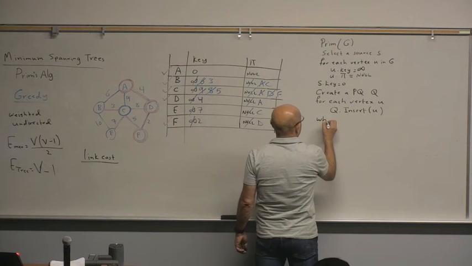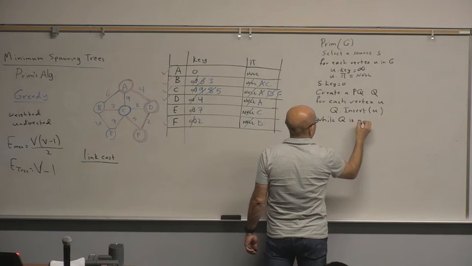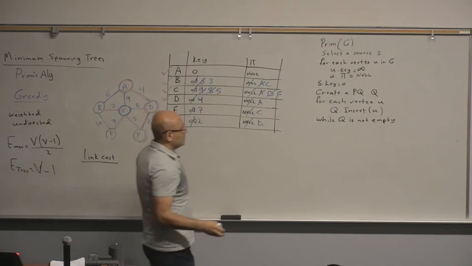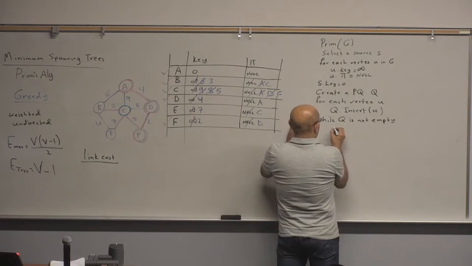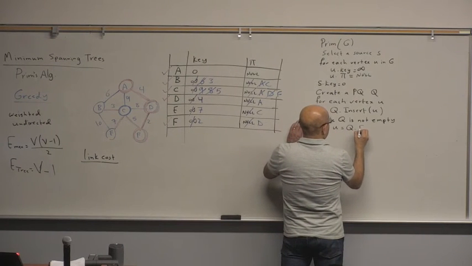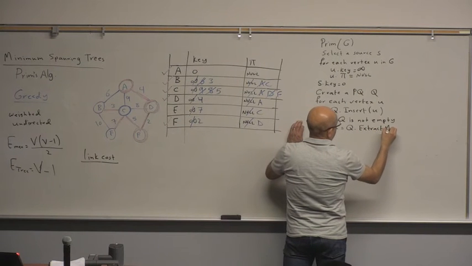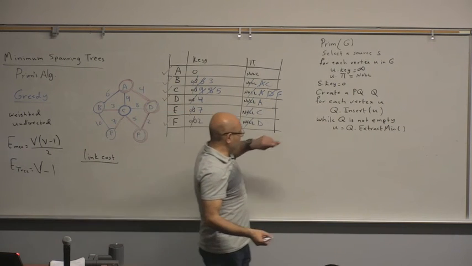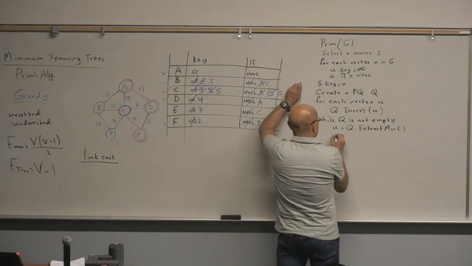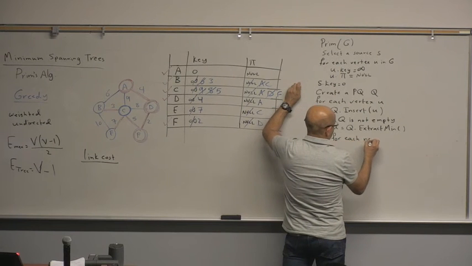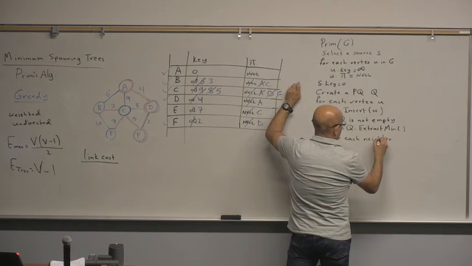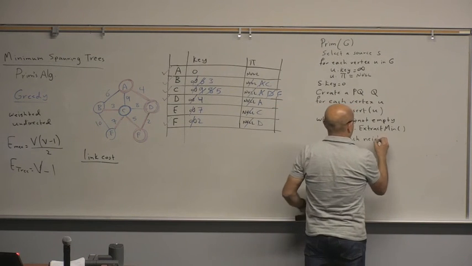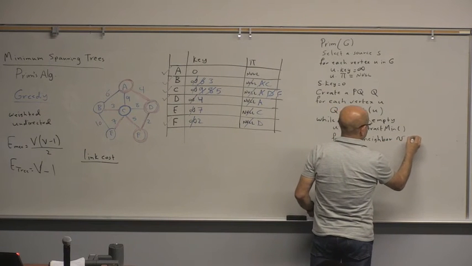Then while Q is not empty, what we do is U equals Q dot extract minimum. Okay, and then we go through the neighbors. For each neighbor V of U, what we do is